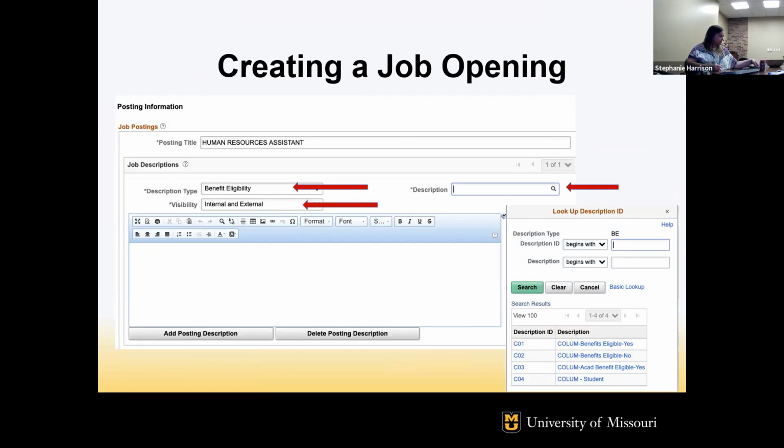I would make sure that you're using the same font in each box, because sometimes I see that. When I look at a posting, there's a different font in each description or in each box. I'll go through and change it because it looks a little strange. Each font and the size of the font is different. It looks a little weird when it's posted. So just so it looks consistent and the posting looks good, I'll go through and change it so that it's all one font, all the same size font.